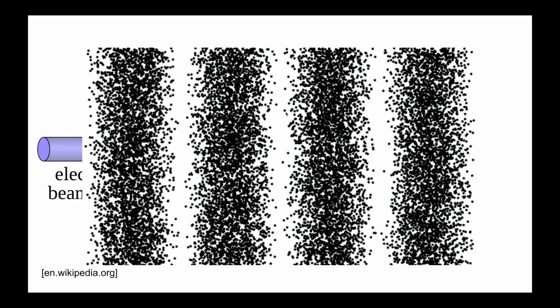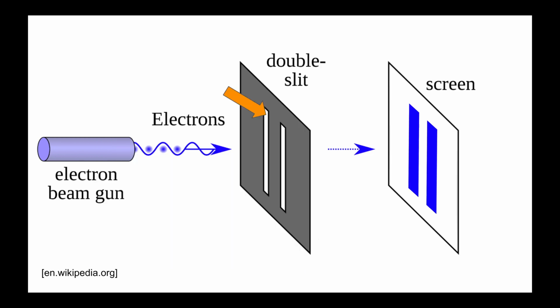And you may say, wait a second, there are the dots. The electron is basically a dot hitting the screen. If it is a dot, why are you talking about a wave? Well, maybe if it's a dot, we should be able to tell which slit the dot goes through. So if we put a detector here, unfortunately, the screen will show two bands, not an interference pattern anymore. So the explanation is that